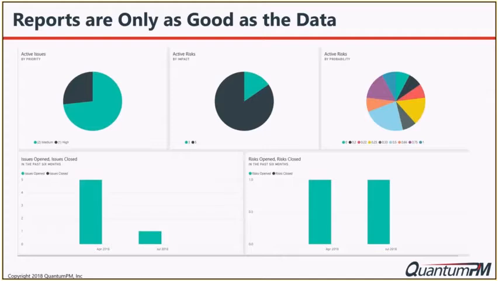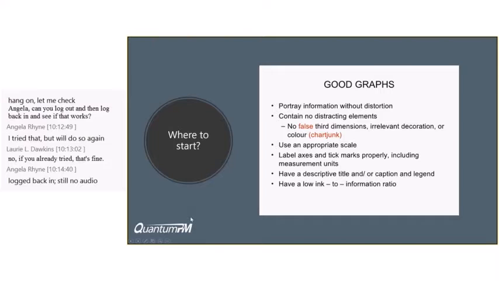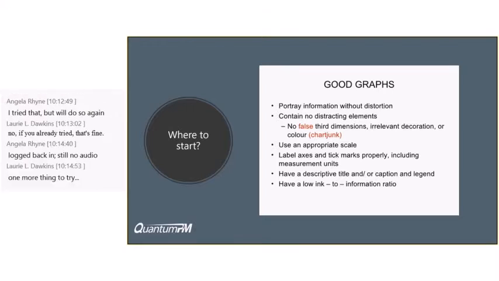So those are some of the things that we have bumped into over the years, various ways that we've seen problems that cause our customers to struggle with the systems that they're dealing with. So how do you get around that? What do you do to make it better? Okay, so let's start with the reports themselves, the kinds of data that you put into these graphics. How are you going to make them turn into what you want them to be? So here's some fundamentals around what you do with good graphs to make them become what you want them to be. So you want to make sure that you portray information without any distortion.